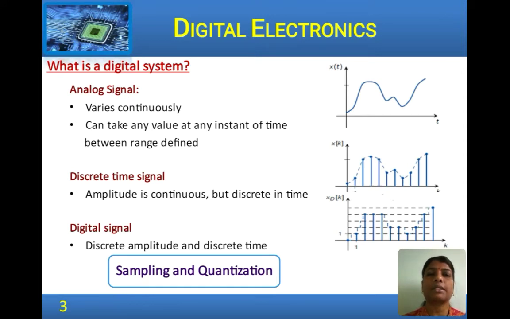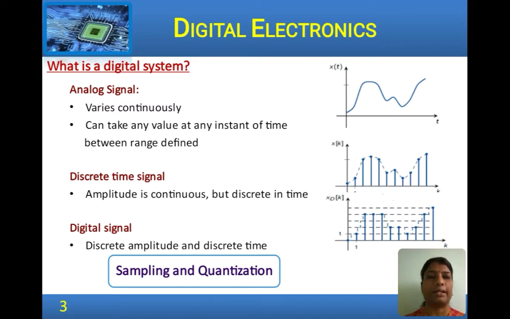So, an analog signal is basically a signal that varies continuously, that is it can take any value at any instant of time between a predefined range. For example, the temperature of a room could vary from 20 to 45 degrees for a hot country. At any given instant of time, the temperature could take any of these values, or the voltage level. If it could vary between 0 to 5 volts, then at any given instant of time, the voltage can assume or take up any of these values. So, analog signal is a signal that varies continuously with respect to time and it can take any value within